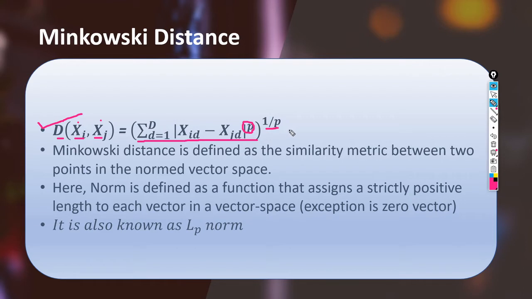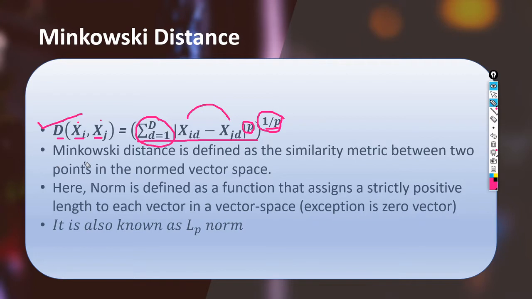Okay, if you remember, we had feature vectors xi and xj, and both the xi vector and the xj vector had four elements in the iris dataset. Now each of the corresponding elements is subtracted, then raised to the power p, then summed over all the subtracted elements, and then again raised to the power of 1 by p. So this is the mathematical notation of Minkowski distance.